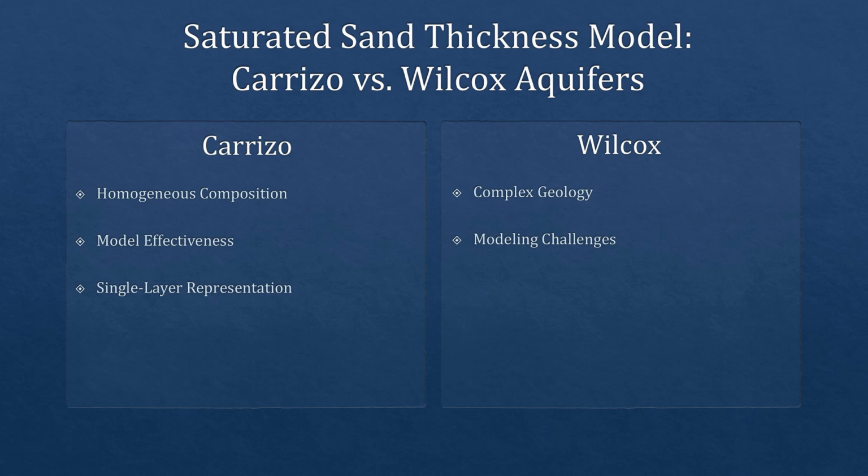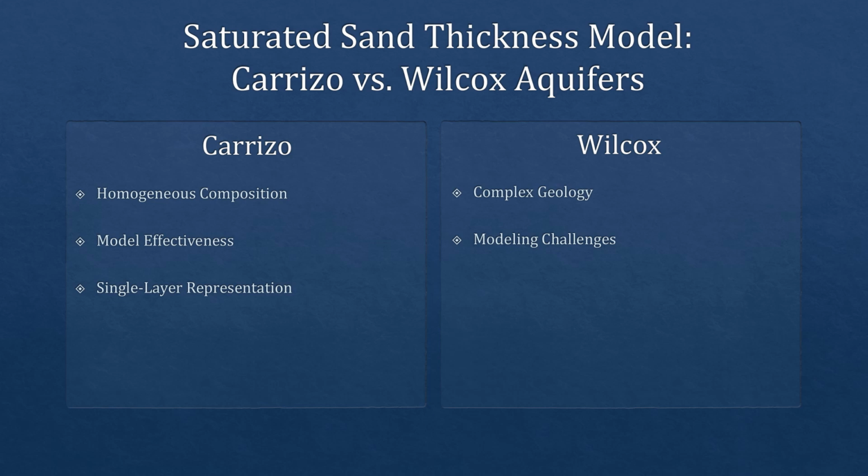As I mentioned earlier, in our region, the Carrizo and Wilcox aquifers are considered separate layers. The Carrizo aquifer's geological homogeneity, or simply stated, the similar nature of the sands, enabled the district to model its saturation and storage capabilities. The uniformity of the Carrizo sands allowed for the creation of the GCGCD saturated sands thickness model. Unlike the Carrizo aquifer, the Wilcox aquifer is composed of multiple layers of varying clay and rock types, which